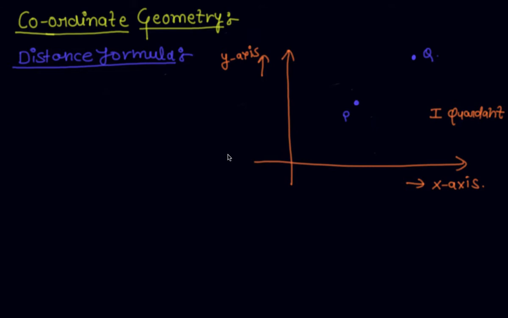Let us now find the distance between any 2 points. The first point is P and second point is Q. The first point coordinate is x1 comma y1 and second point coordinate is x2 comma y2, and find the distance